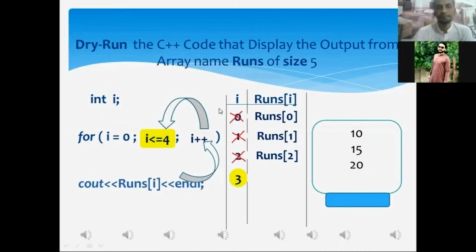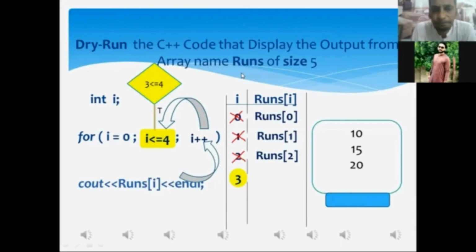3 is less than or equal to 4, just like the way it is being shown onto the screen in the diamond box. 3 is less than or equal to 4. Tell me, yaar, whether this condition is true or false. It's true, sir. Mr. Aftab, your answer is correct, my dear.